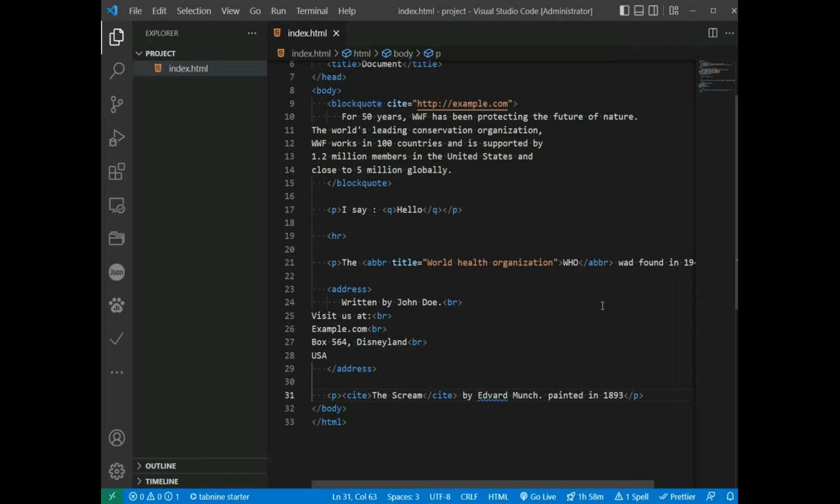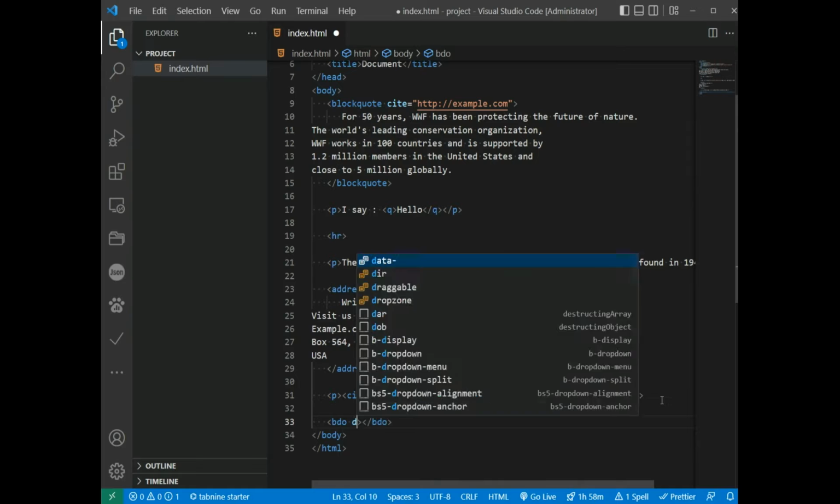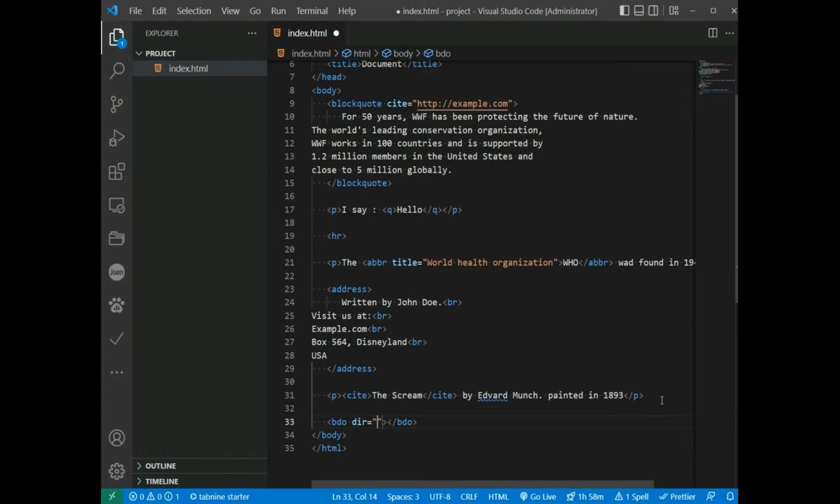HTML BDO for bi-directional override. The HTML BDO tag is used to override the current text direction. So for example, create a BDO tag and set the direction to RTL. By default is LTR, and